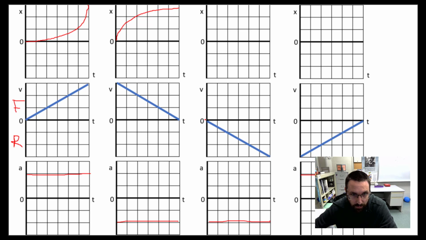velocity. This one right here, this is speeding up in reverse because it's below 0 and it's moving away from 0. So this velocity graph shows speeding up in reverse. So speeding up in reverse, there's going to be a curve that goes like that. Notice again it starts off flat because the velocity initially is 0. So I should have no slope at the beginning. This last one shows slowing down in reverse. So slowing down in reverse is going to have a steep part at first, and then